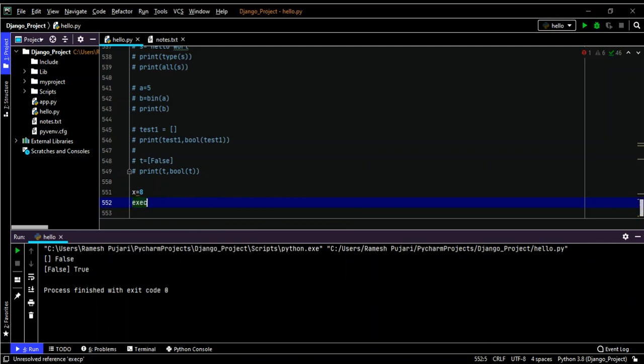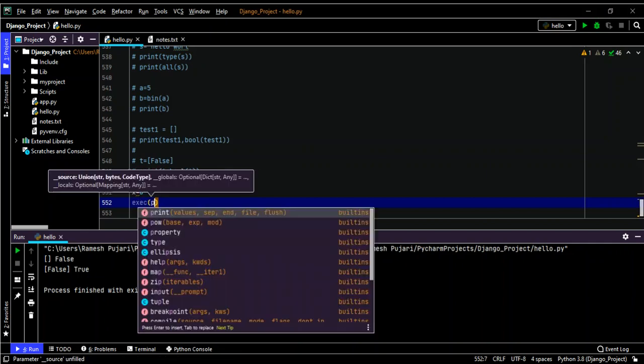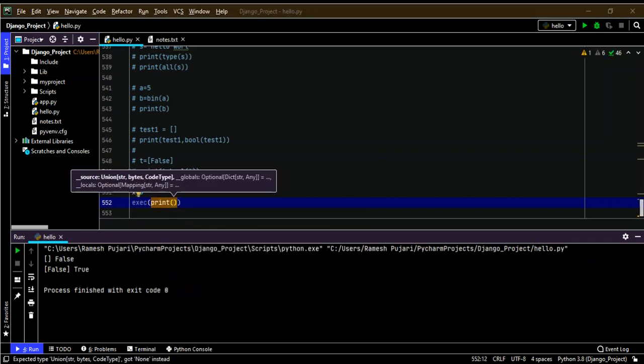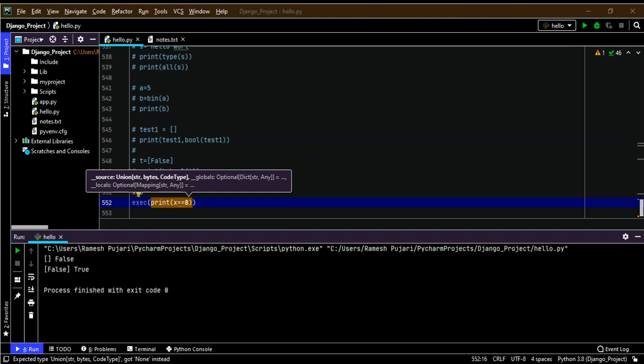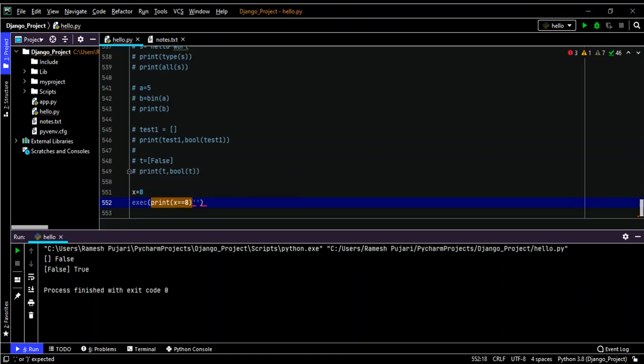So we have to use a comma here. Print. So I will print and compare. I will x is equal to 8. That is, x I have stored as 8, and here I have to use the comma on both sides.